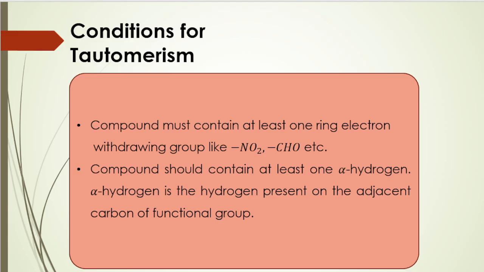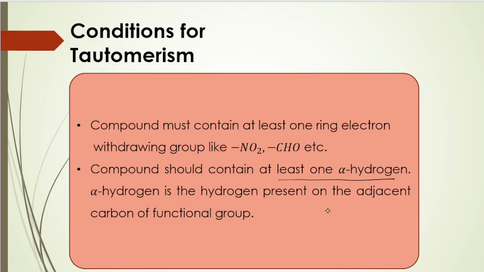What are the conditions for tautomerism? The compound should contain at least one electron withdrawing group like NO2 and CHO, etc. And the compound should contain at least one alpha hydrogen. Let us see what alpha hydrogen is,